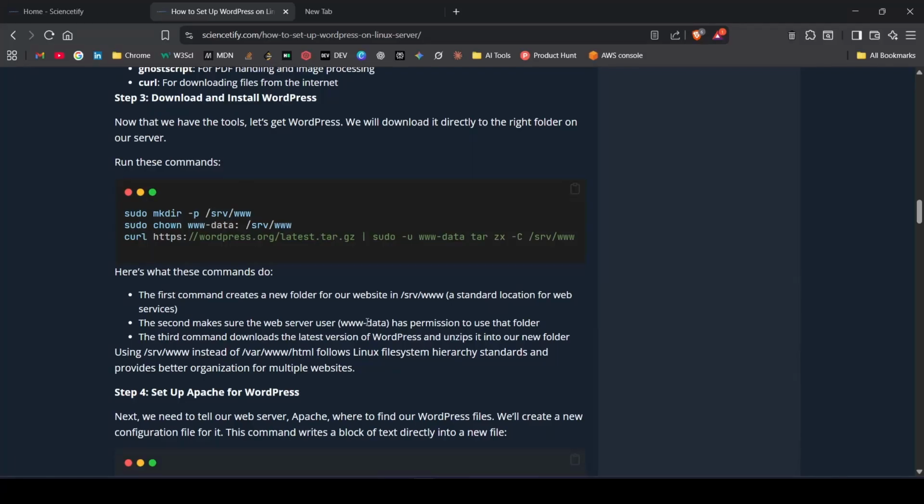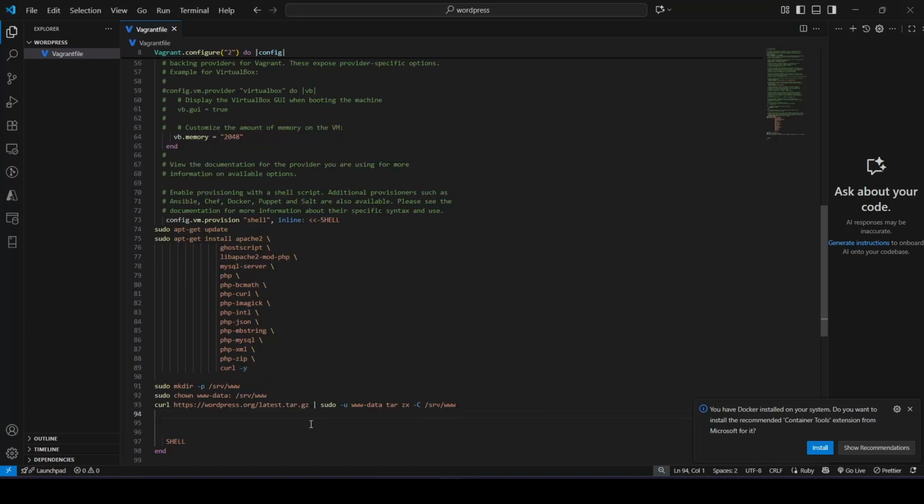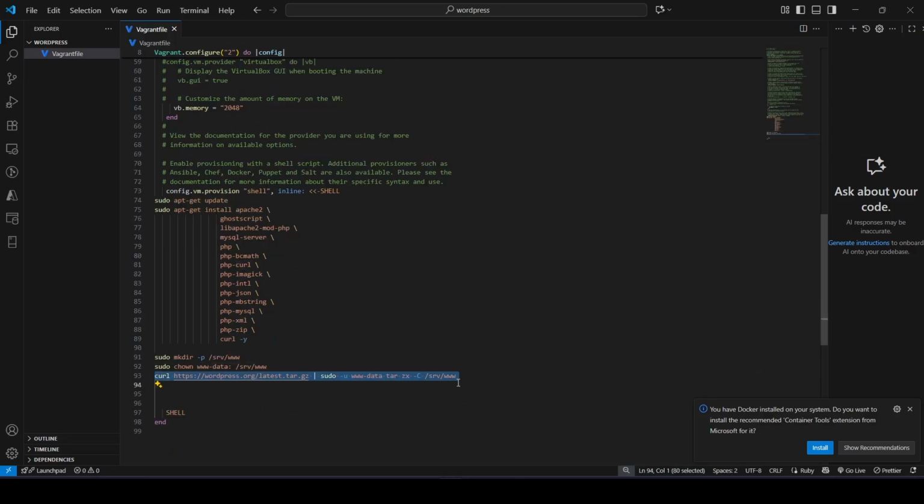Okay. Then we will download and install WordPress into the /srv/www folder. I copy these commands and then paste them here. The first command creates the folder in the /srv/www folder, and then it changes the permissions for the www-data user on the folder we created. And after that, using curl,